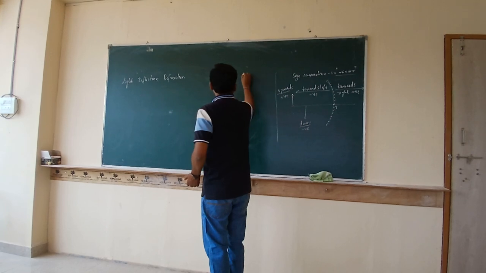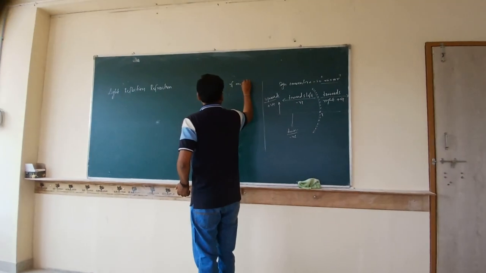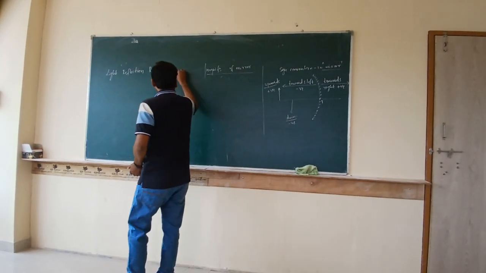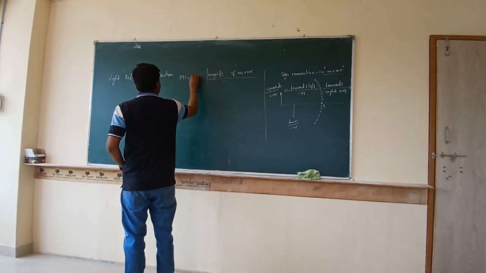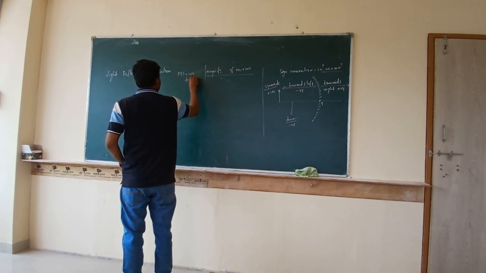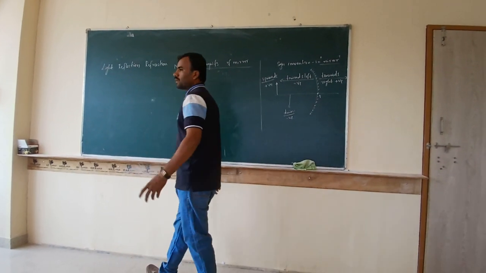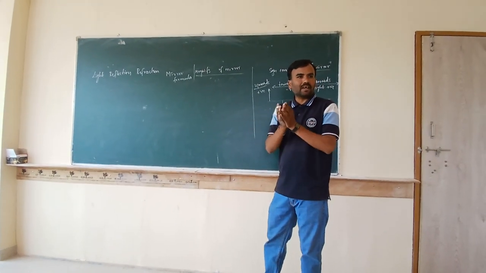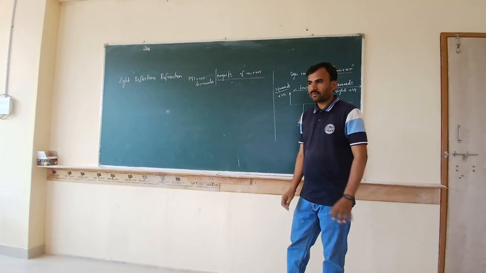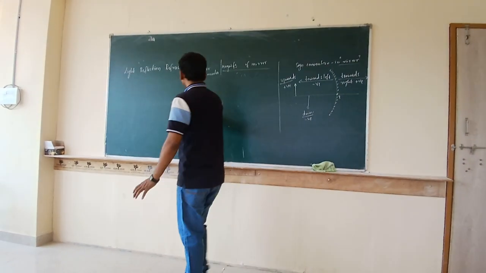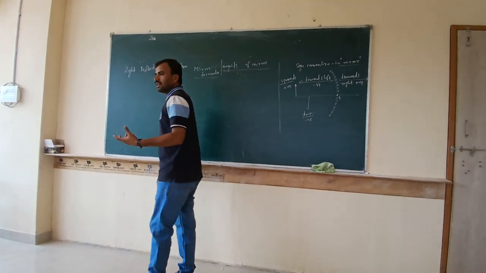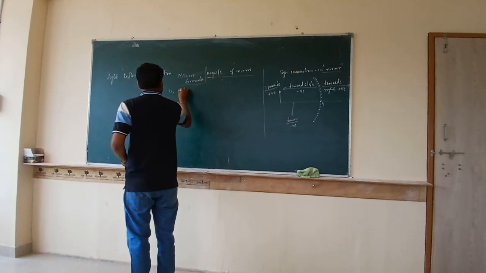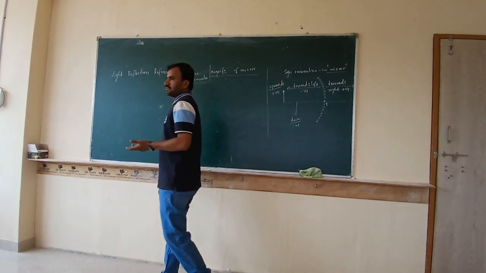So now we need to understand magnification of mirror. And with this, we have to understand one more, that is the mirror formula. As you know from yesterday, the mirror formula explains the relation between object distance, image distance and the focal length. Yes or no?